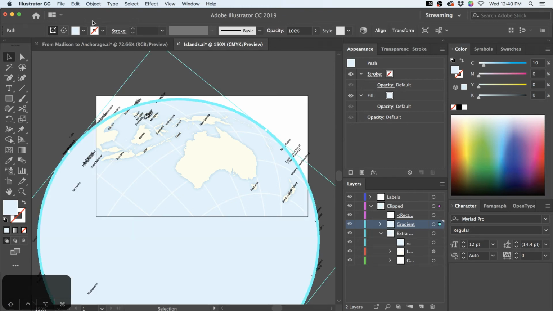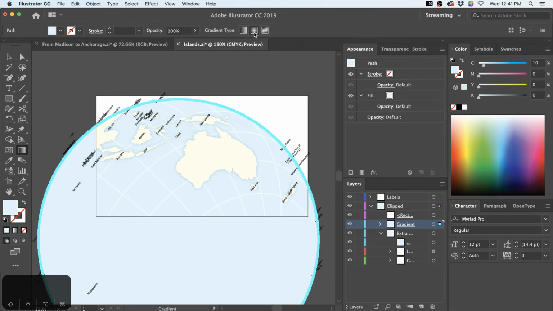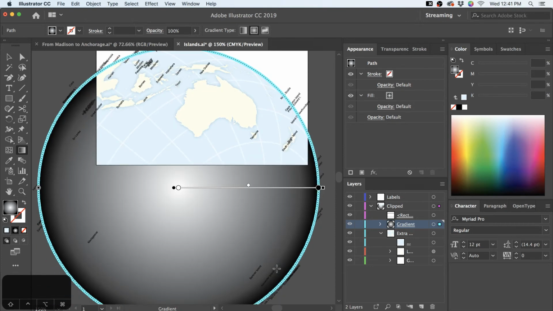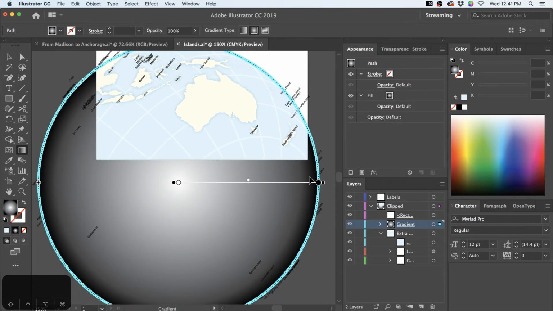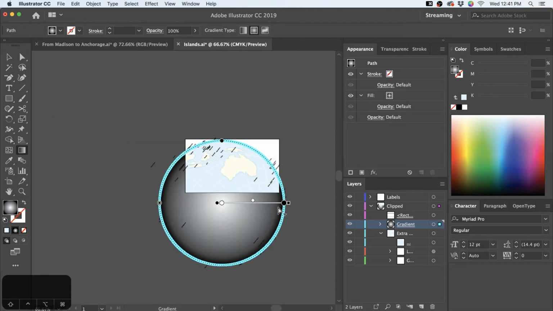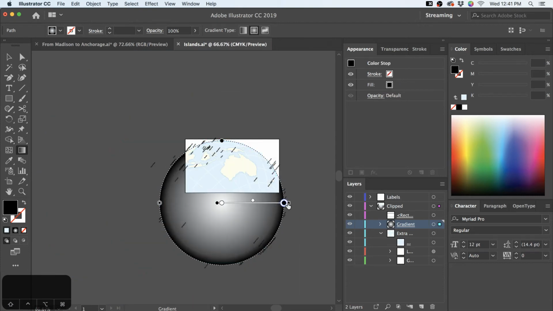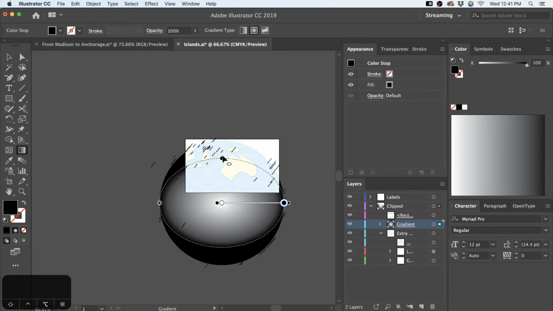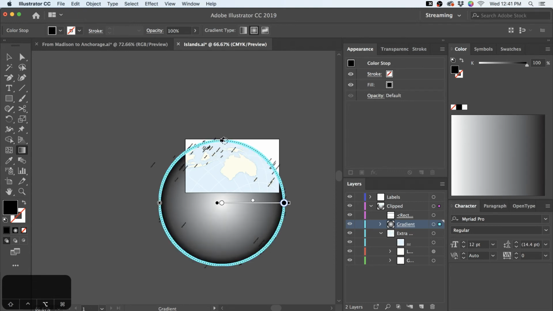So what I'm going to do is go to my gradients tool. And I'm going to say, let's do a radial gradient up here. And I've got this white to black, and I could mess around and change where the black starts, sort of change the overall shape or size, but in this case it's a circle, and so radial gradient fits perfectly.